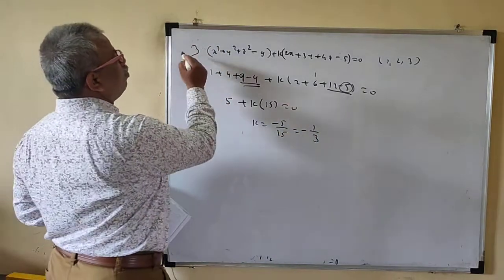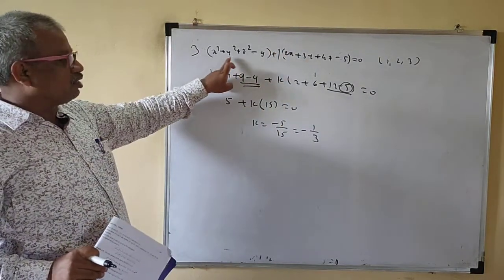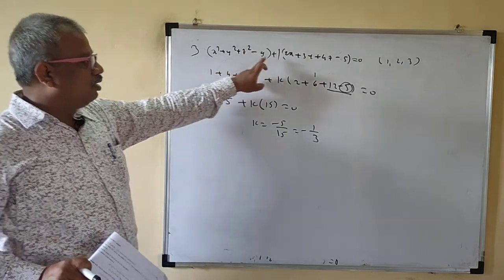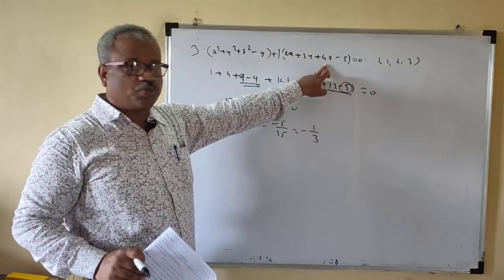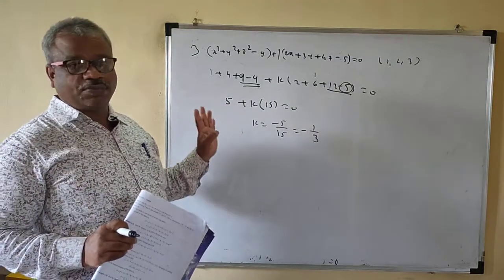Okay, so just put 3 here and 1 here. This is 3x square plus 3y square plus 3z square. Then twice x plus 3y plus 4z. Just check your constant here. Easily you can obtain the equation of the sphere.